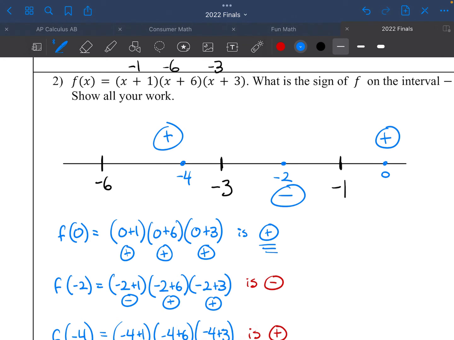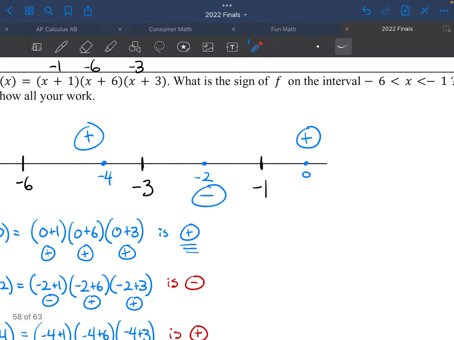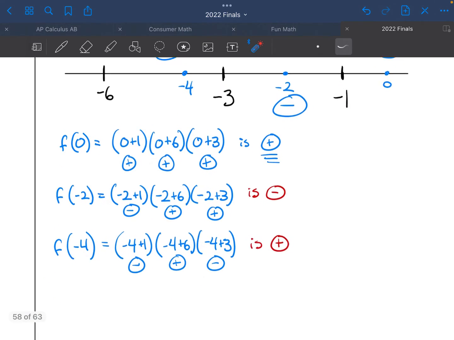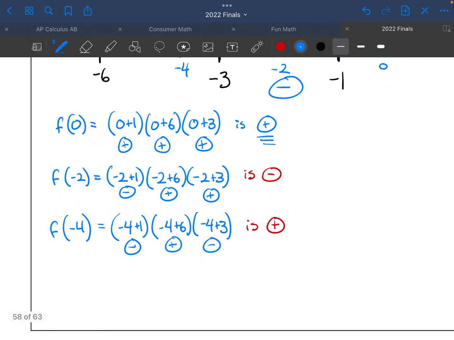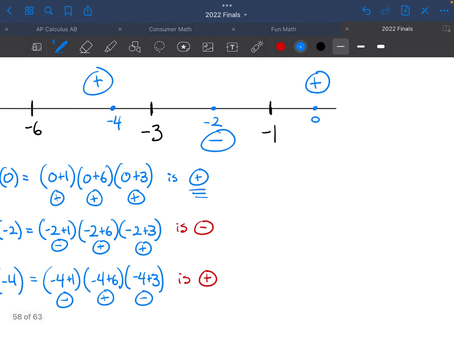And so what is the sign? Again, let me read the question again, right? What is the sign between -6 and -1? So the question has options. It's either going to be always positive, like if both these were positive, then the answer would have been positive. If both of them were negative, you'd say the entire interval is negative. But since we have a mix, you want to say it's a mix, and it depends on what the multiple choice is here. And since I am in charge of the multiple choice, you have to be ready to say it's a mix. So our answer is going to be